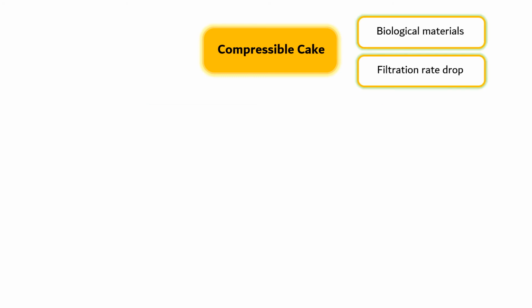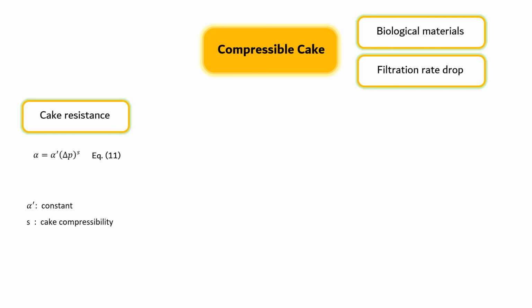Compressible cake. Almost all cakes formed of biological materials are compressible and cannot be described with the simple analysis discussed in the previous slide. As these cakes compress, filtration rates drop. The effect of compressibility can be described by assuming that the cake resistance α is a function of pressure drop as shown in equation 11, where α′ is a constant related largely to the size and shape of the particles forming the cake, as is S, the cake compressibility,